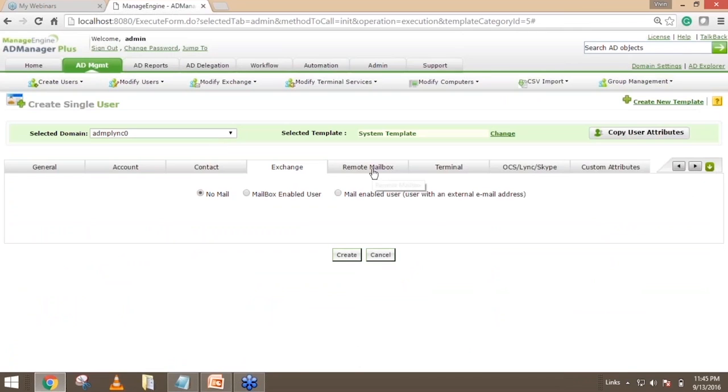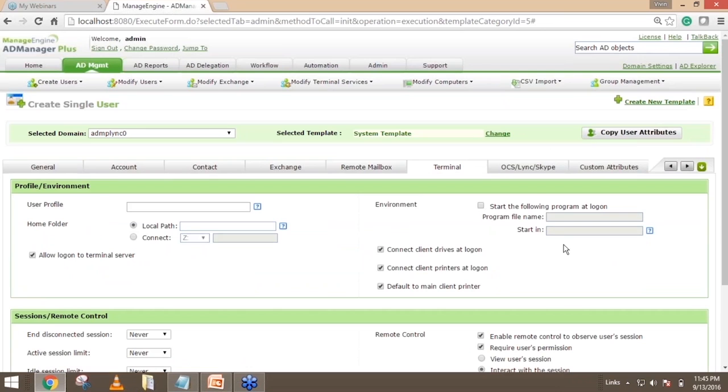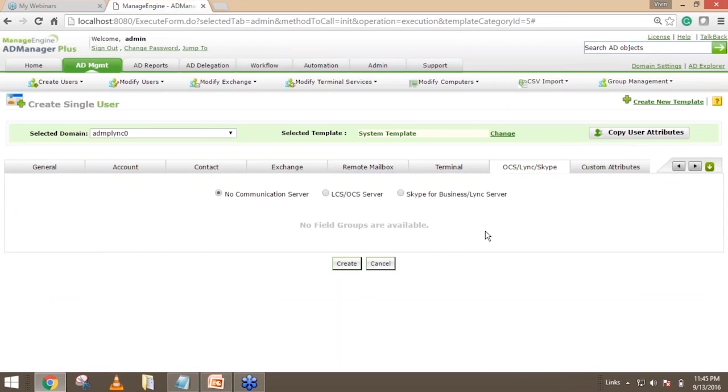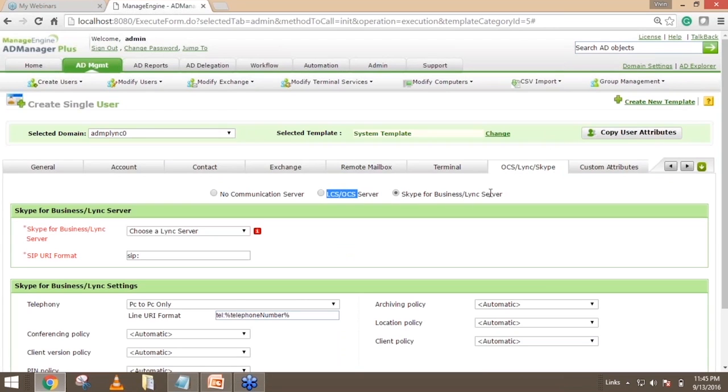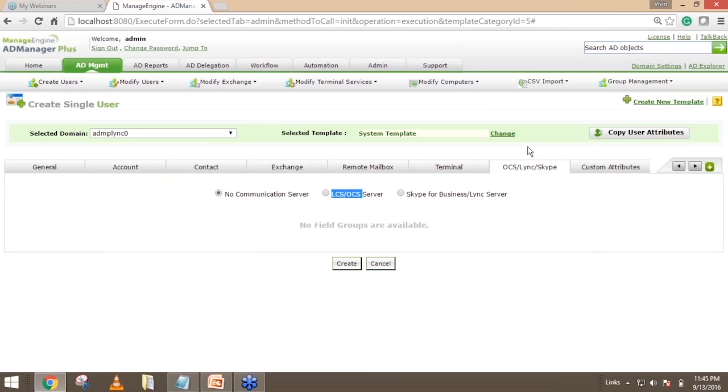And if you'd like to enable remote mailbox, very simple. Just go ahead and select the checkbox here and you enable remote mailbox for this account that you're going to create. Terminal services, same. Lync, LCS, OCS, the same procedure. So you just go to Lync server or Skype for Business, you choose the Lync server here and all the settings, and you can even